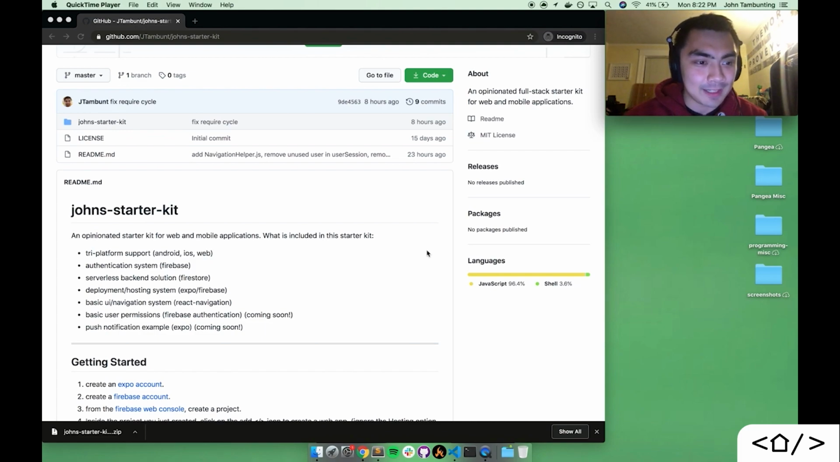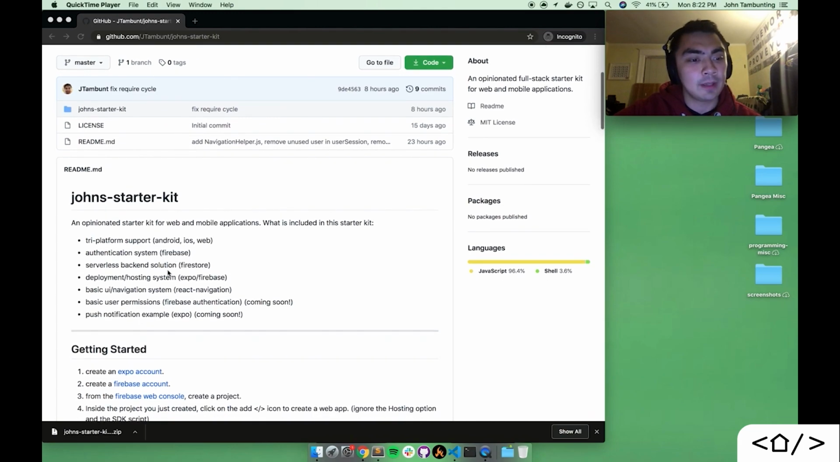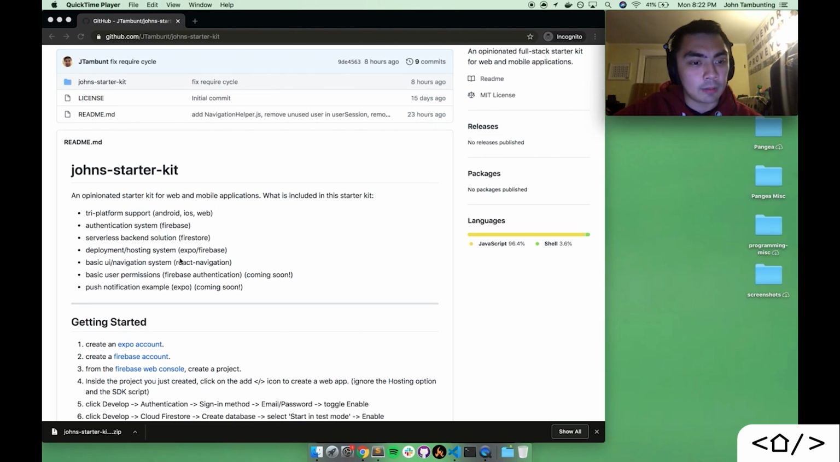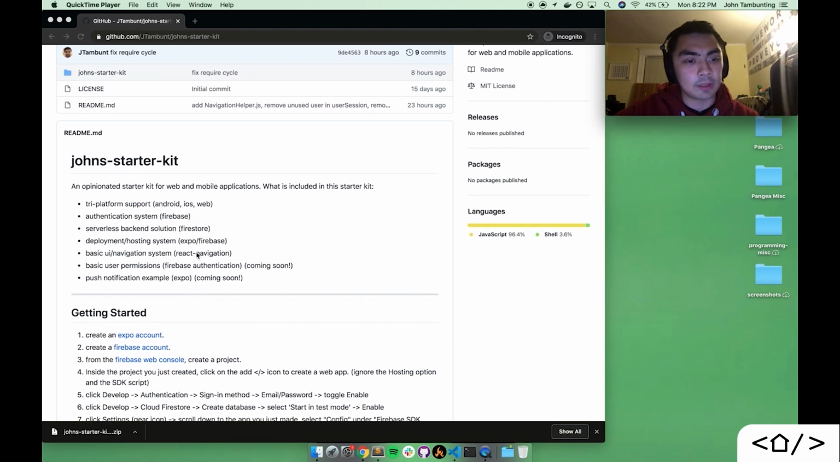With that being said, this app is tri-platform supported. So we will be able to create an iOS, web, or Android app, which is awesome. We will be using Firebase Authentication system, and we will also be using Firestore for our backend solution. We will be using Firebase and Expo for deployment and hosting. And there's also a bunch of boilerplate code that I think is super useful in any kind of typical UI. So we'll be using React Navigation and a few other packages